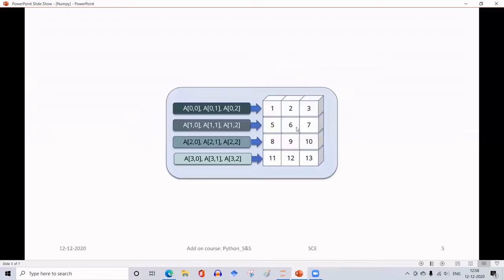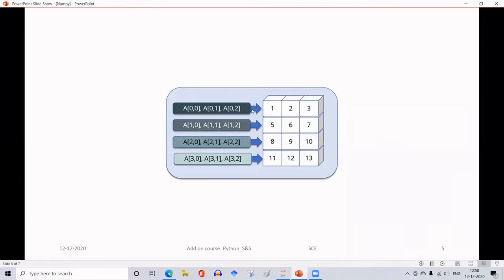So how to identify the elements in this array? Just like we have indexing of elements in matrices, we also index the elements in the array. In a matrix, the index of the rows and columns starts from number 1, 1, 2, 3, 4 like that. Whereas in a NumPy array, it starts with 0.